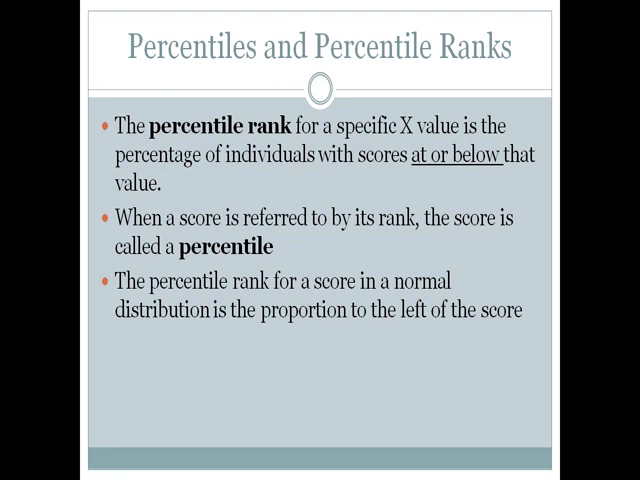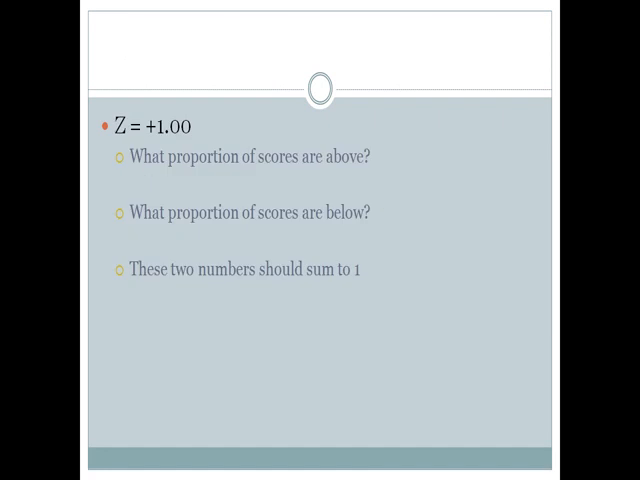So here's how this relates to the table that we've been looking at. The percentile rank for a score in a normal distribution is the proportion to the left of that score, no matter where the score is in the distribution. So let's go through this example. If we have a z-score that is equal to positive 1,